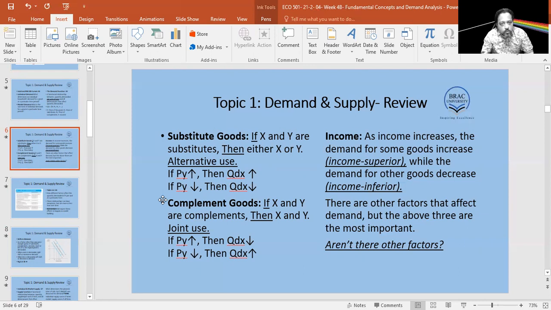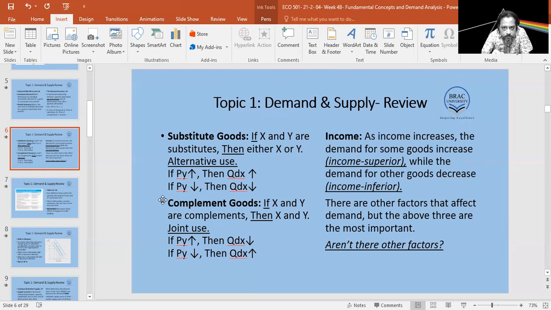Okay. Now, what does common sense tell us? If the price of the complement increases, then definitely our demand for the original good will fall. Pepsi is consumed with a burger. So if the price of burgers increases, then our demand for Pepsi falls. In what way? We will go to a burger joint 1 or 2 times less every month because our budget will not allow us to. So if the price of the complement increases, demand for the original good also falls. If the price of the complement falls, then we can spare more money for maybe one more extra burger trip to the burger joint every month.